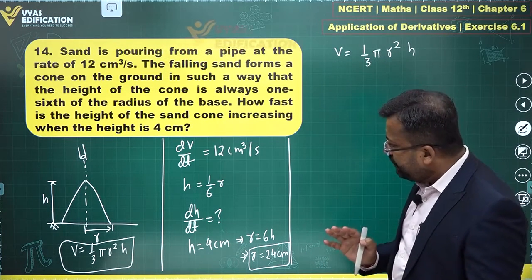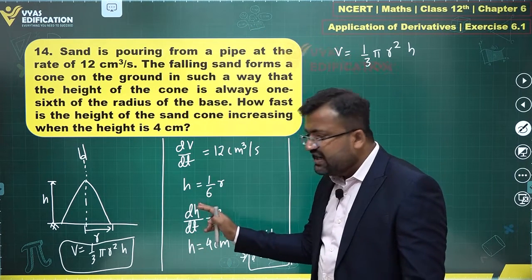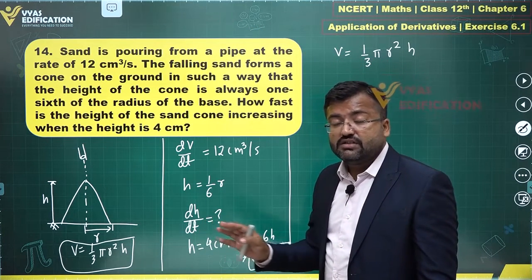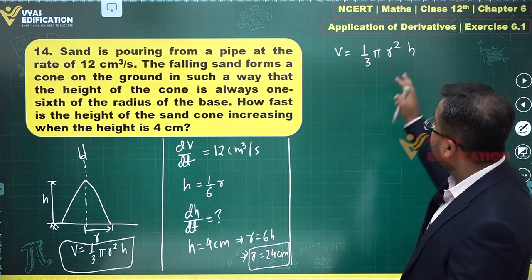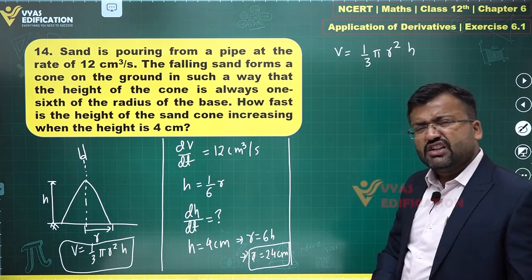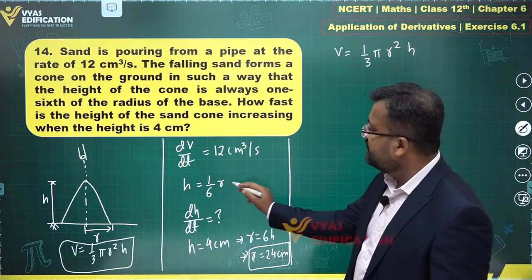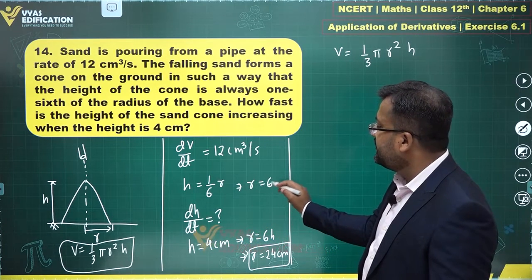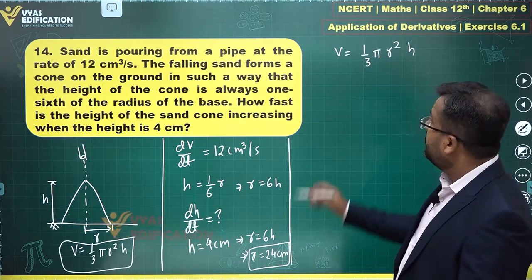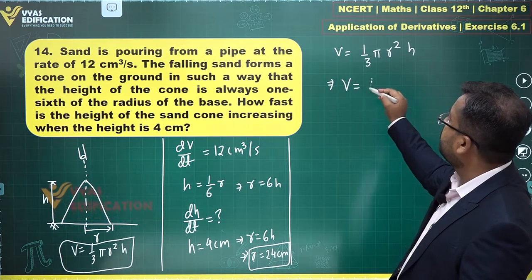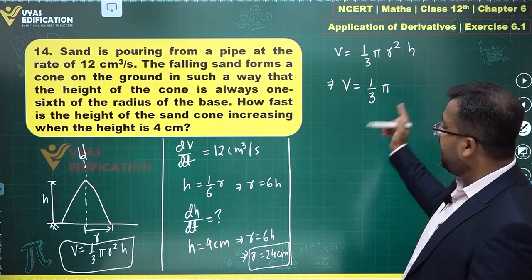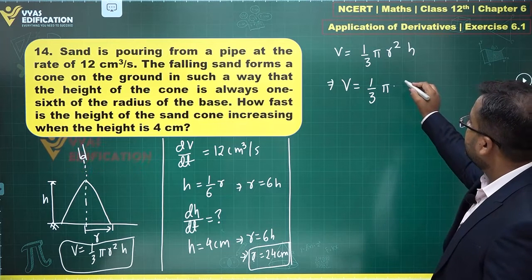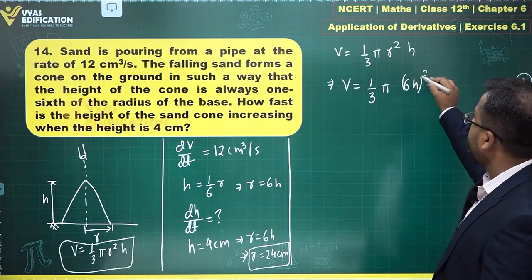Do you observe that dH by dt is what we are supposed to find? There should not be any R remaining in this formula before you differentiate. So let's eliminate R with the help of this result. R equals 6h, right? So this gives me V equals 1 by 3 pi R square, which becomes 6h square times